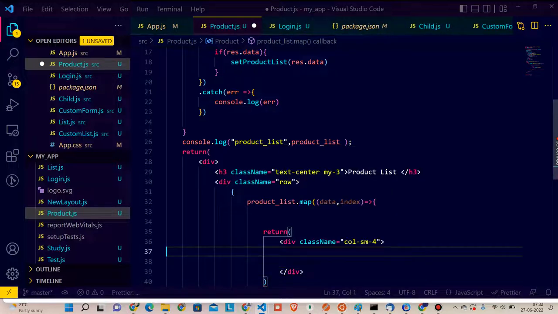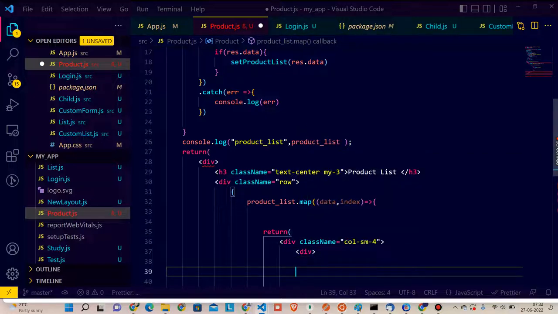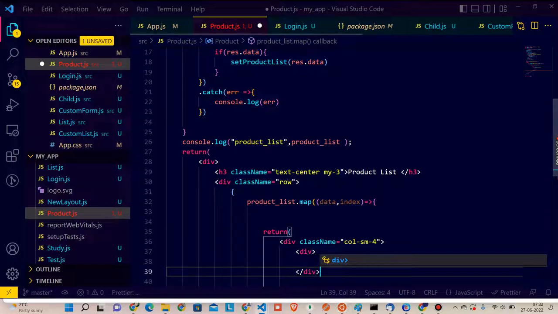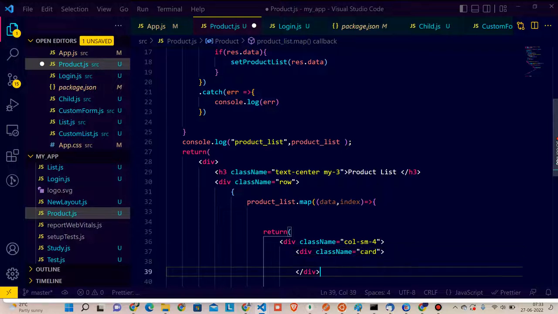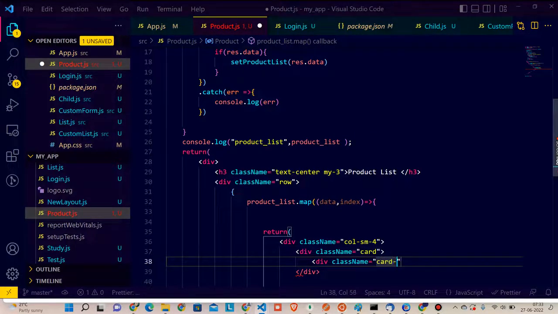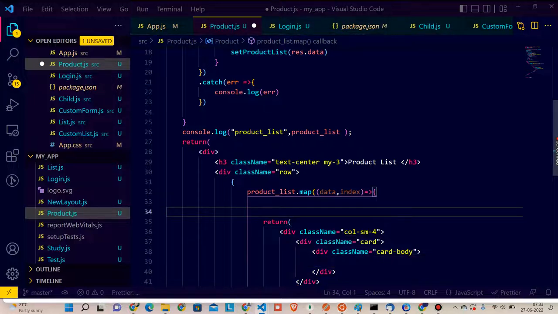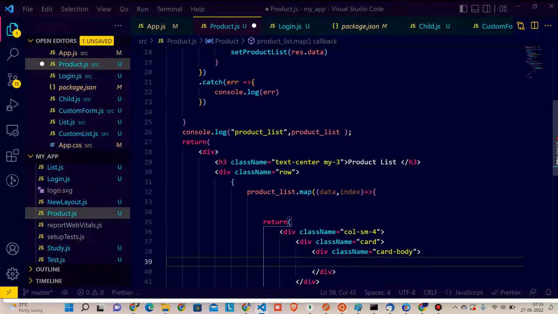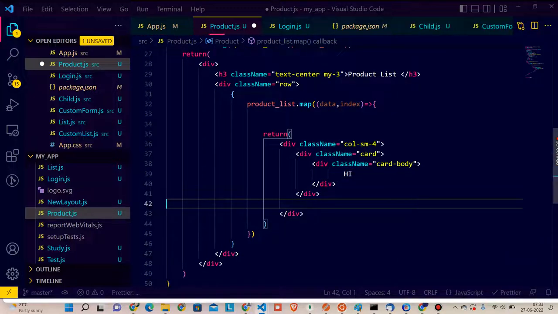Inside that we can use a card also. If you want, you can beautify your code. className card. Okay. Div className card-body. Here, as of now for testing purposes, we put hi. Okay. Format document. Okay. Now